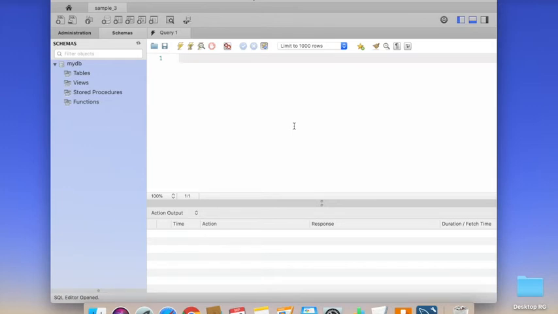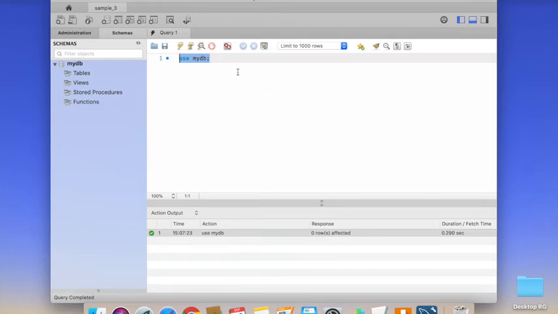So I have created the database MyDB while creating the AWS RDS instance itself. So I'm going to use MyDB and execute this command. Then you can create a table.